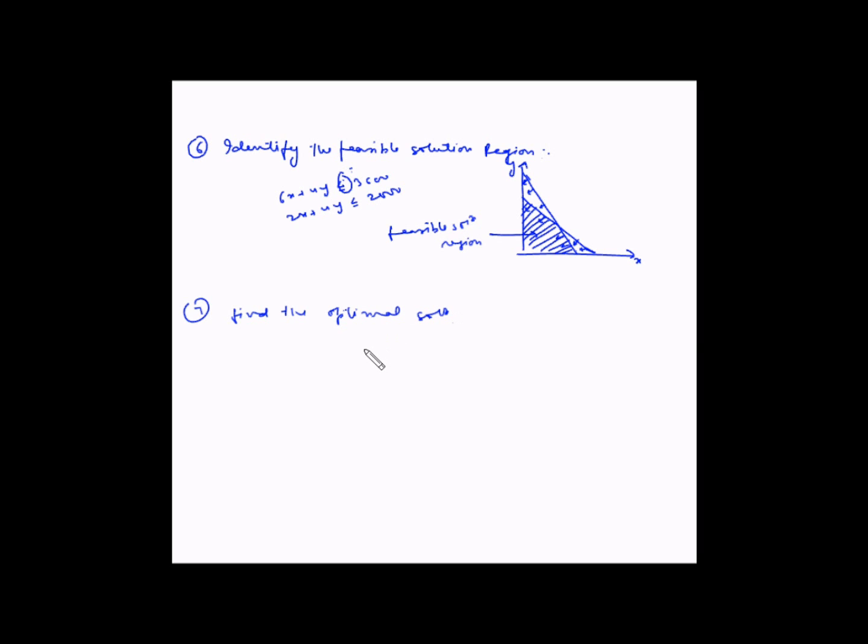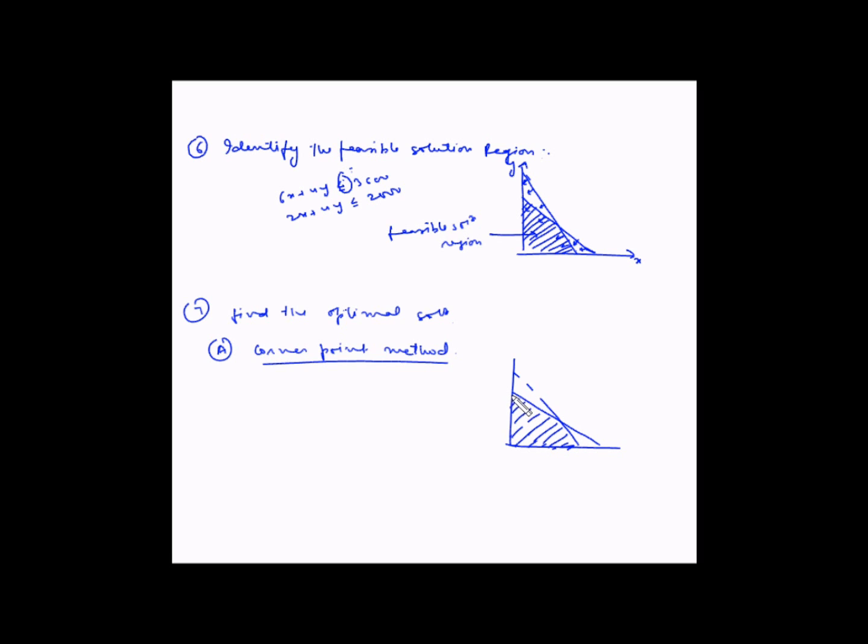Now for this, there are two methods. The first method is known as the corner point method. Now this method is based on the fact that the optimal solution lies on one of the corner points of the feasible solution region. So basically, if this is our feasible solution region,